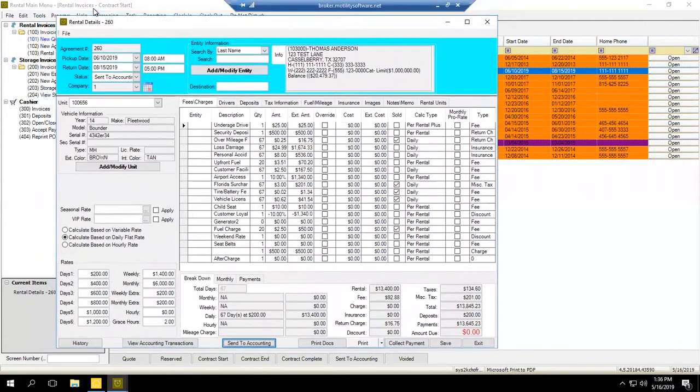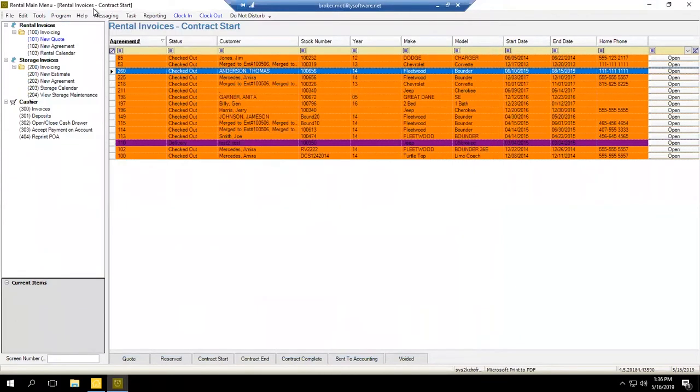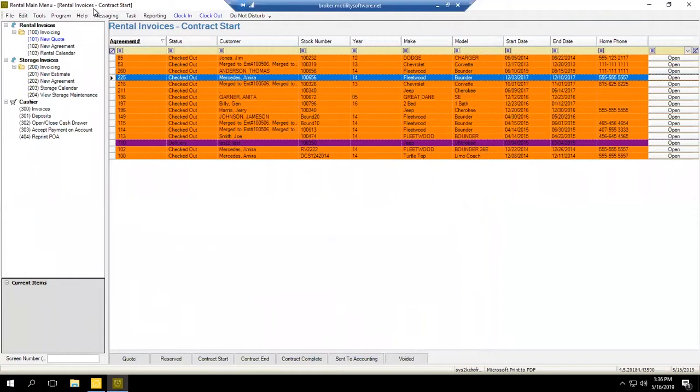And now what I'd like to do is just walk through a couple of setup screens and discuss where some of this information is keyed in and where you can then change it. What happens a lot of times is your rates will change. Well, it's all very flexible in the system. You can go up here to edit